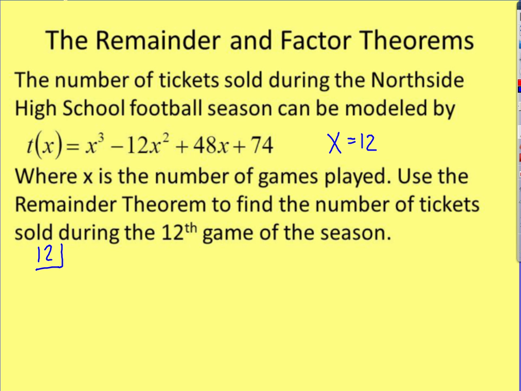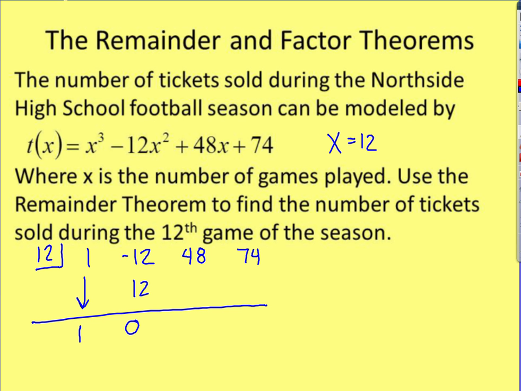We use our coefficients, so we have 1, negative 12, 48, and 74. Remember, we bring that first term straight down. 12 times 1 gives us 12. Negative 12 plus 12 is going to give us 0. 12 times 0 is 0. If we bring that straight down, we're going to have